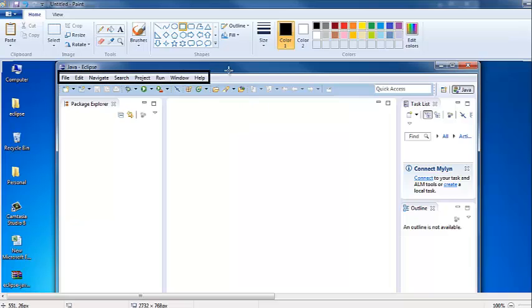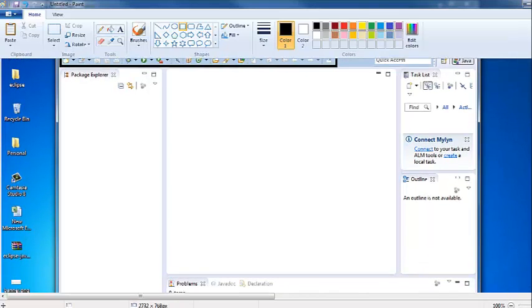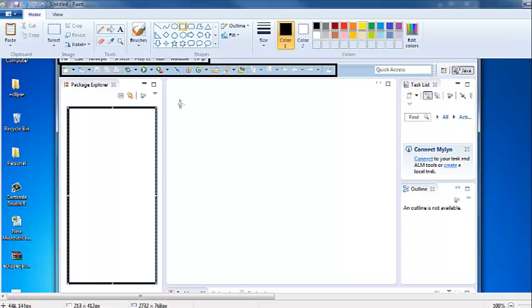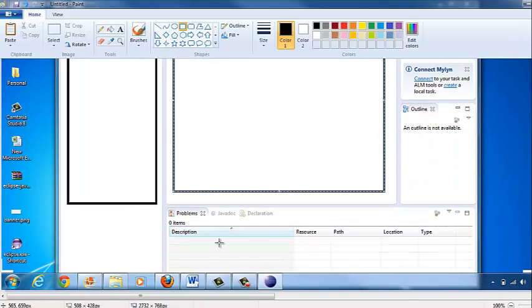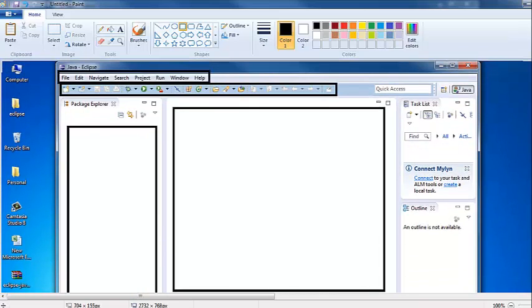You get to see these menus in a number of development environments, and then there are a number of frequently used options available as part of this toolbar. And then you see that there are basically three major areas that we need to see. This is the first area, this is the second area, and this is your third area.